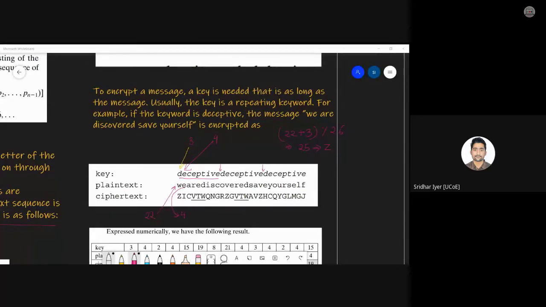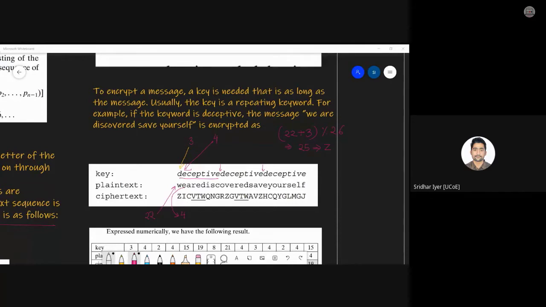So basically, what happens is the characters in the key, how many characters are used, that is not a question over here. But each and every alphabet corresponds to a numerical value, right? So A to Z, everything will be given a number from 0 to 25, and each of these key characters are nothing but Caesar ciphers of individual shifts. So, for example, a Caesar cipher of shift 3 will be having a key D. Similarly, a Caesar cipher of shift 2 will be having a key C, and so on.